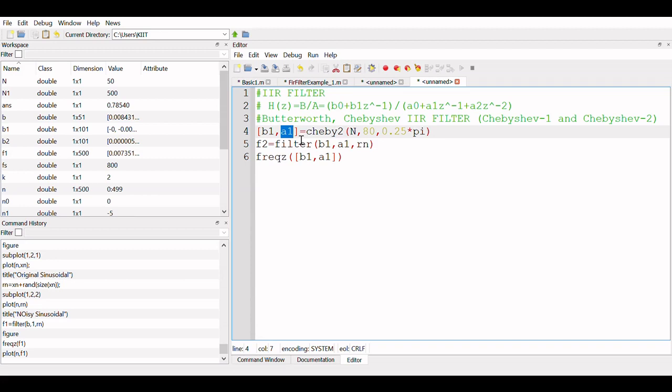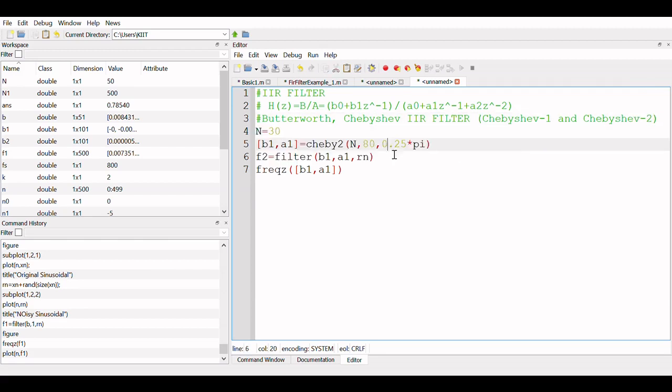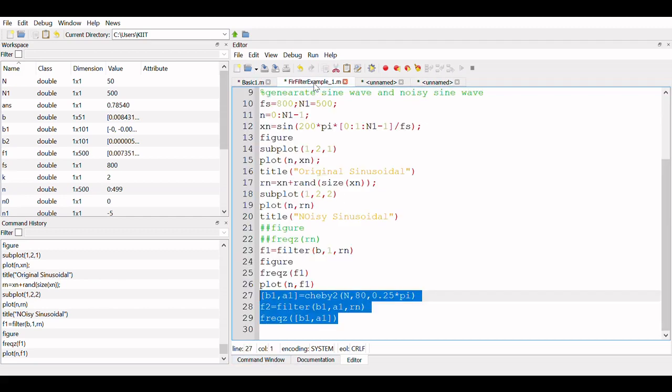Cheb2 is the command. Then n is the length, so you have to give my length n. Suppose n is equal to 30. By default, if you don't define anything, it is going to be a low pass filter.